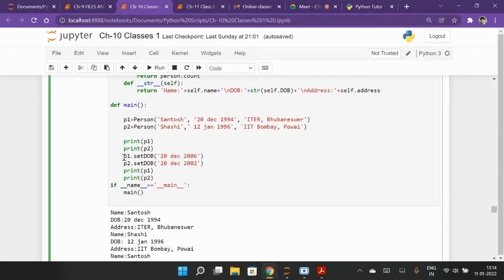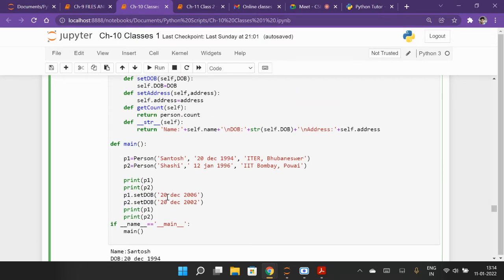So how are we updating? p1 dot set dob, and the date of birth we are updating. So this p1 is actually that object, the self, and then we are updating date of birth as this. So initially it was 20 December 1984. Now it is 20 December 2006.